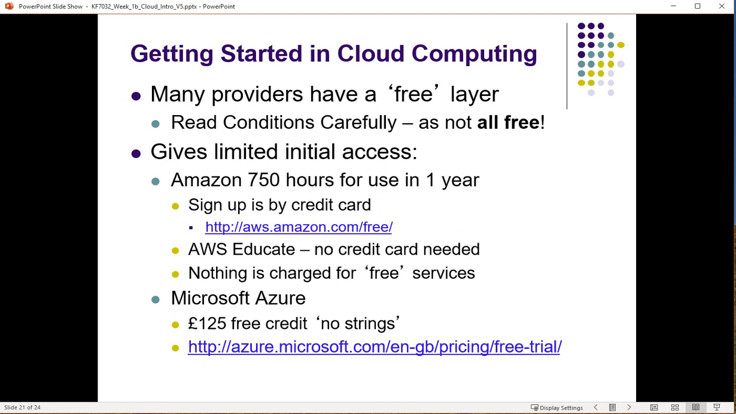Both of those have student options, and we'll be using the Azure student option during the classes. So I just mention again, don't use your credit card to sign up. It is quite safe. There's more chance of you making a mistake though, and inadvertently using some service which appears to be very cheap and actually